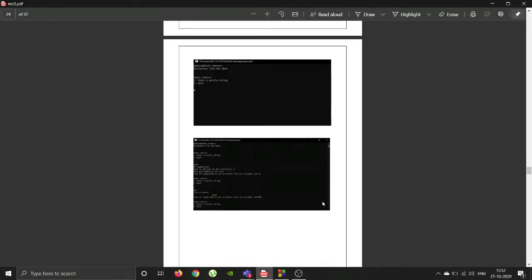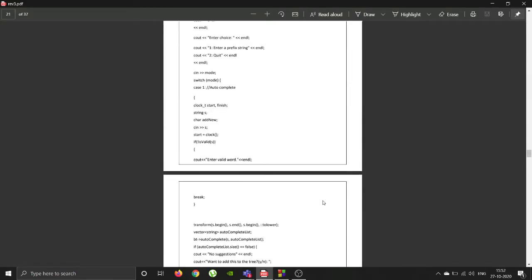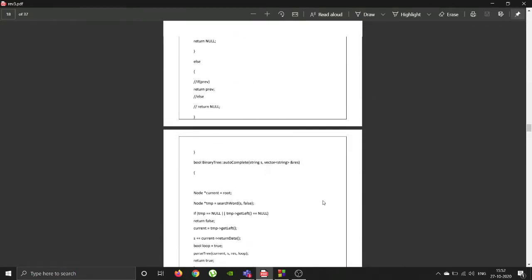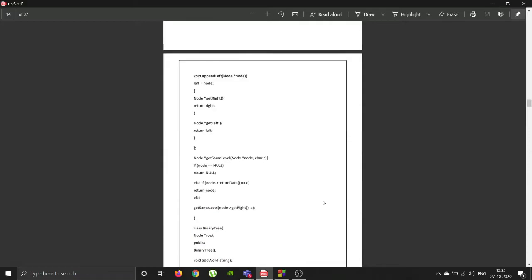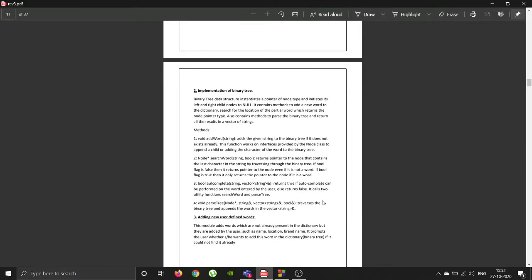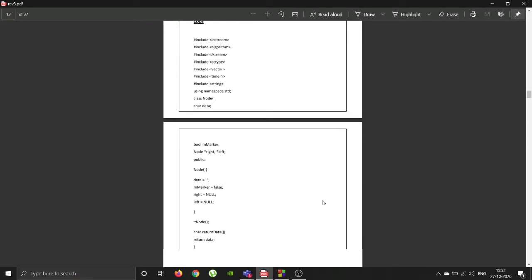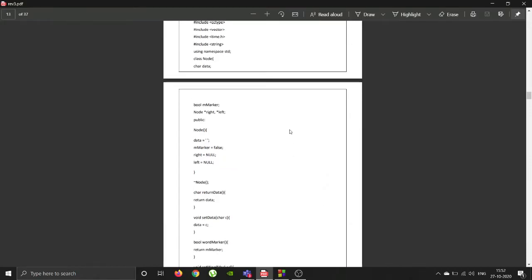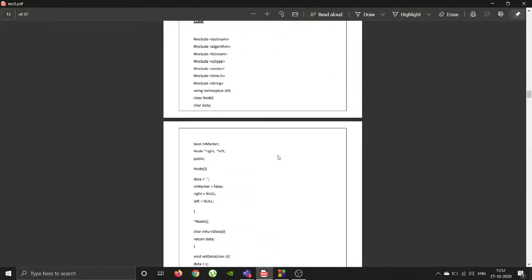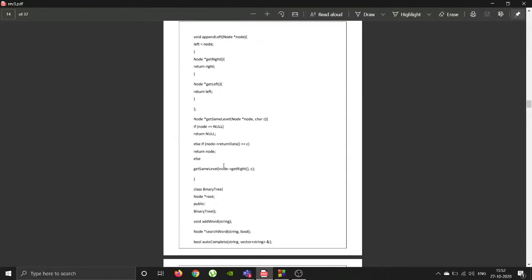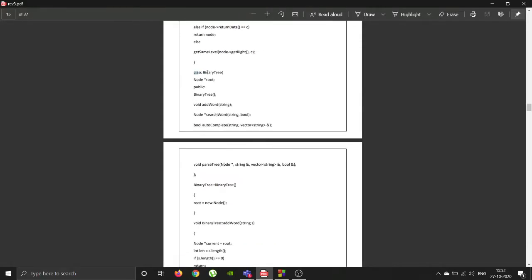Hi, I'm Nikhil Kumar Parashar and I'll be doing a quick recap on how to implement the Word Assistant part using binary tree. So you can see here we have the code of Word Assistant using binary tree. There are two classes: one is class node and the other is class binary tree.